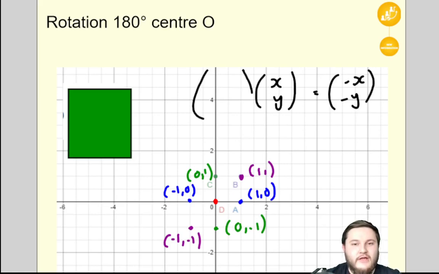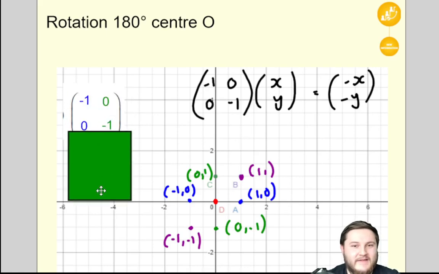So what matrix is going to give me the same as changing all the x coordinates to negative and all the y coordinates to negative? Well, it must be minus 1, 0, 0, minus 1. Because minus 1 times x is minus x, 0 times y is 0, so that's going to be minus x. 0 times x is 0, plus minus 1 times y is minus y. So that's going to give me minus x, minus y, and if I do a little reveal, there we go,